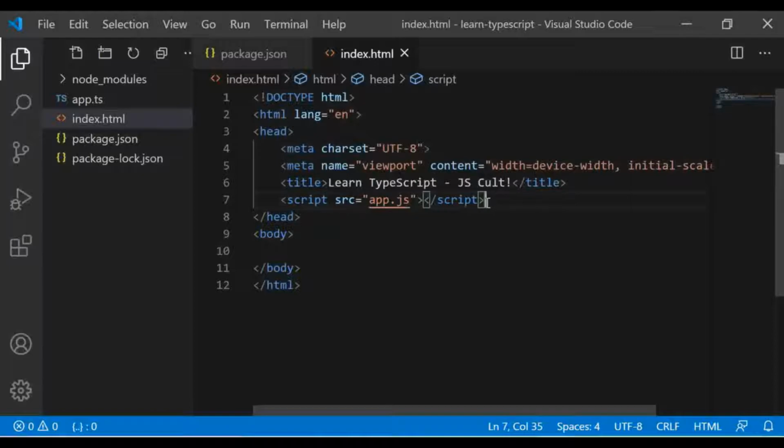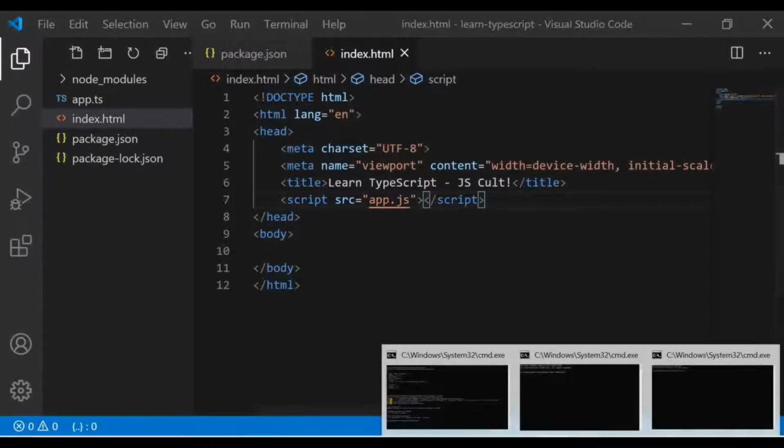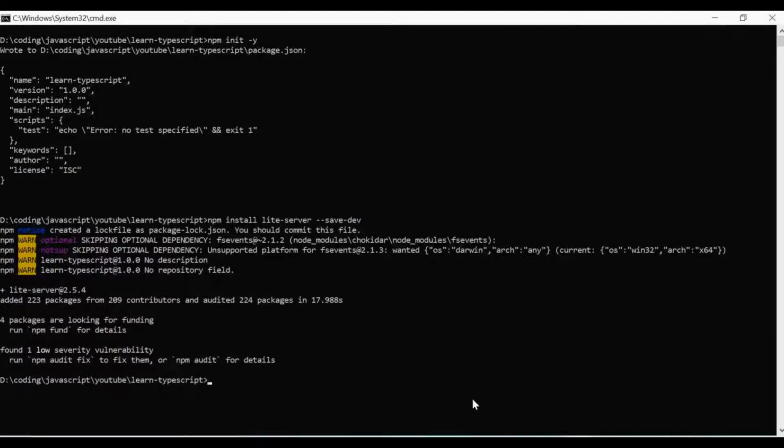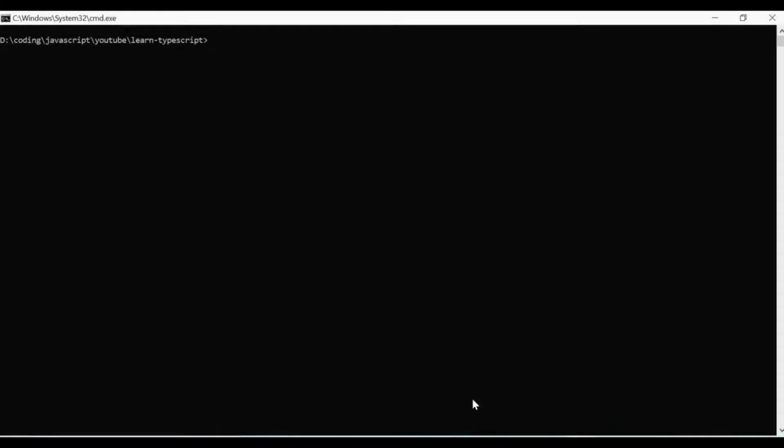Now we need to find a way to execute this as a project and not just as a single file. So for that, we need to create a configuration file for our TS compiler. Let's run the command tsc --init. It basically creates a boilerplate TS config file for us.